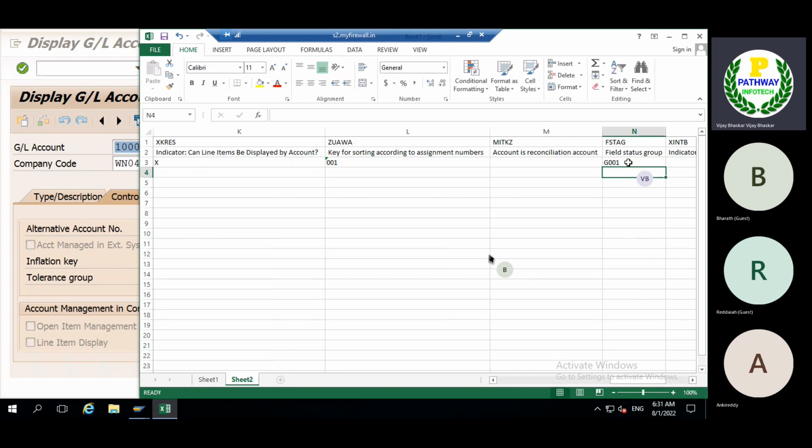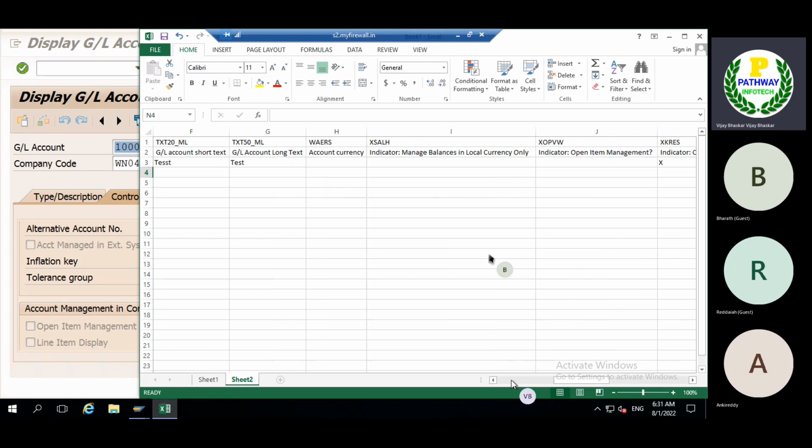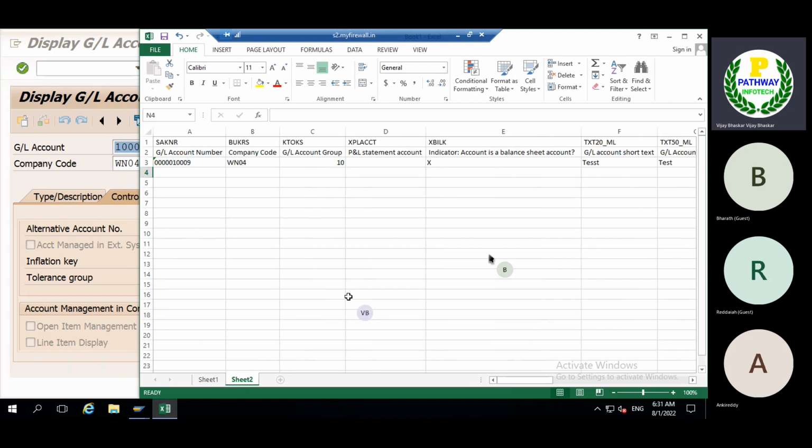Now what we have done is prepare the Excel sheet with the required information we want to bring into the SAP system.